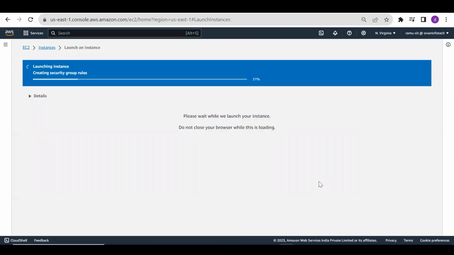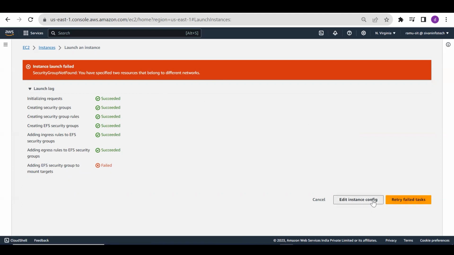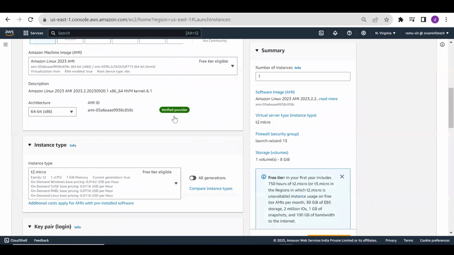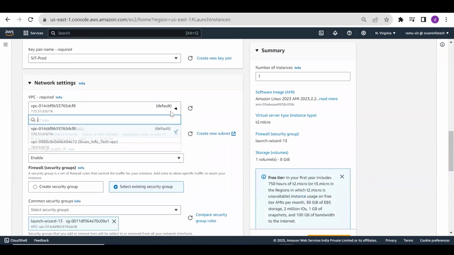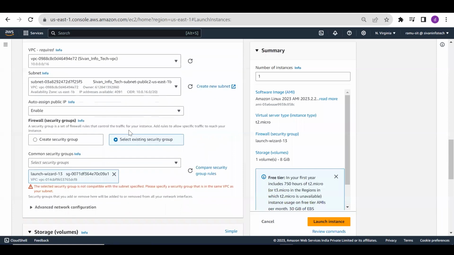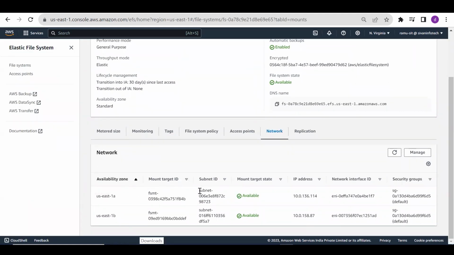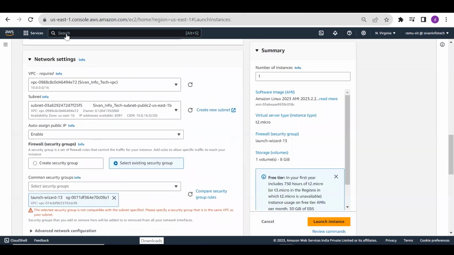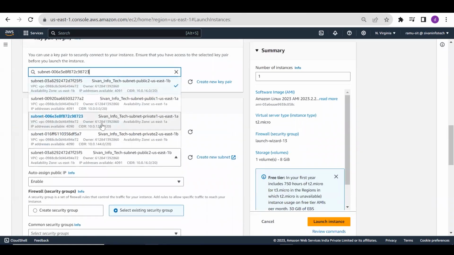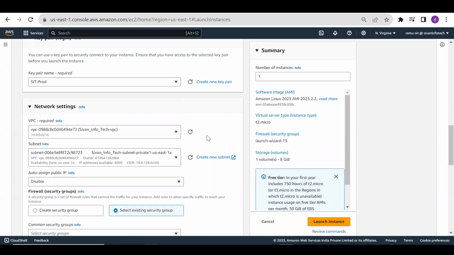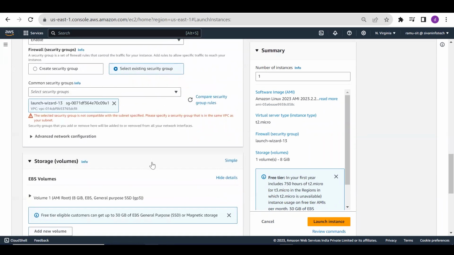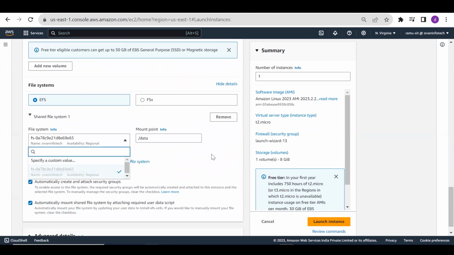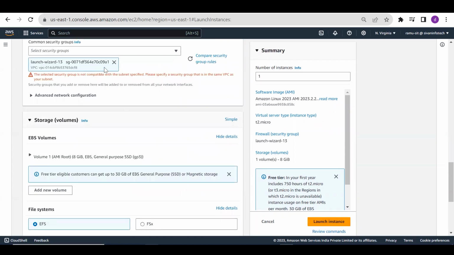Done. I launched. So after this launching process is done, right? We'll check whether the EFS got mounted or not. Okay. Then we know what we'll do. We'll try with the existing 7 Infotech VPC. Okay. Which subnet is it? us-east-1a, us-east-1b. Two subnets. We are going to select one. Okay. I've selected this one. Public IP enabled. I'm using the existing one only. Here, same thing. I kept it as before. I'm going to launch.